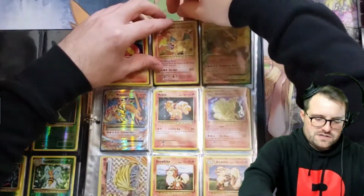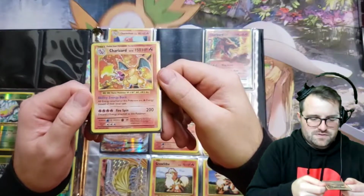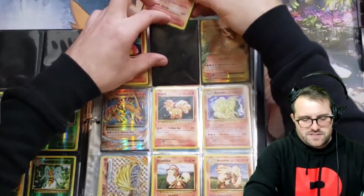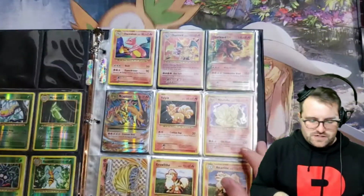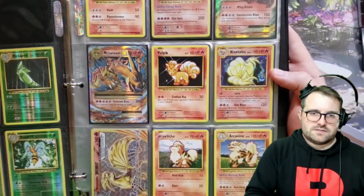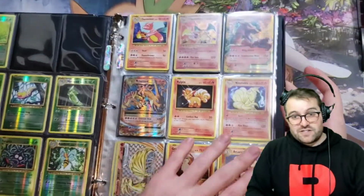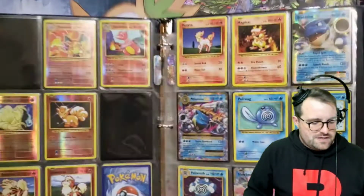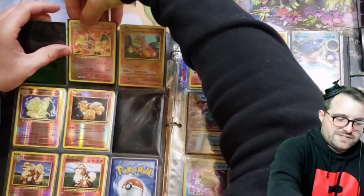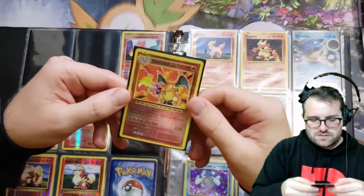I haven't even looked at this Charizard. I think it was probably valued at around $10 at the time. So, you know, it looks good. It's not bleeding like my brother's that he pulled recently, but it is a Charizard. We got the Charizard EX, Mega Charizard EX, Vulpix, Ninetales, very cool. Ninetales break. I probably even could have and should have, it's a lot of hindsight, assembled a second set of evolutions, or maybe even a third set. I had so much evolutions. Like, I had duplicates of all the holos. Just an insane amount of